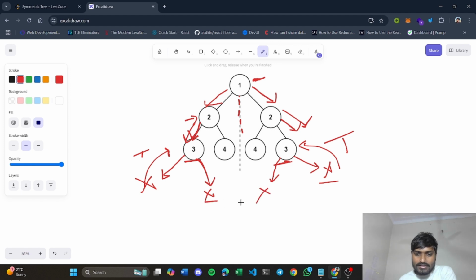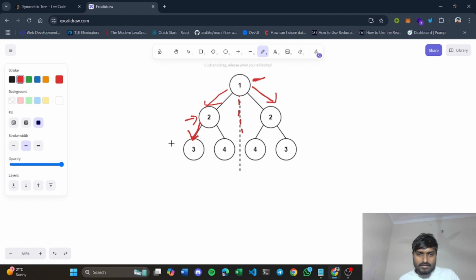Both are null, so you will return true here, and again true here. So node 3 returned true, and it also returned true.